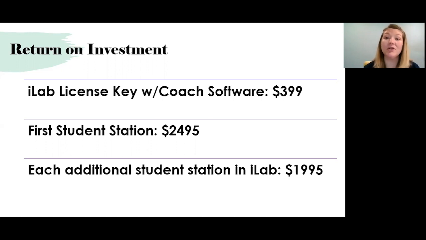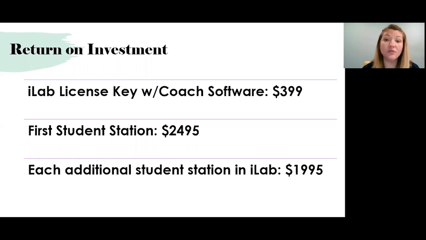However, as I mentioned before, it's one-to-one training. So you can enroll as many individuals as you want, but just that professional system by itself would be one-to-one, so you can only train one individual at a time. Now, if you wanted to get started, and let's say you wanted to have 2 individuals working with you remotely, you would need that first professional system at $2,495. You would need the coaching software, so you would be able to do that virtually.